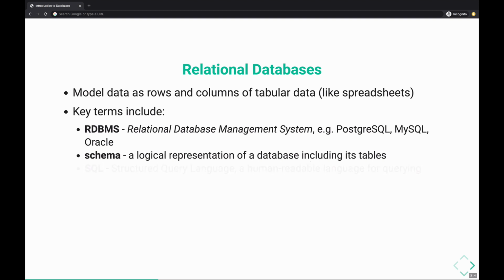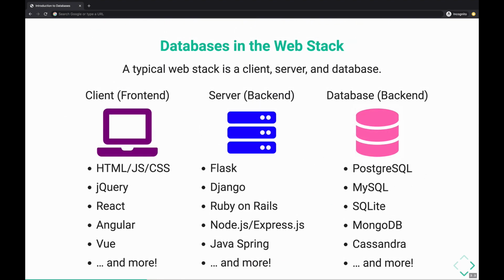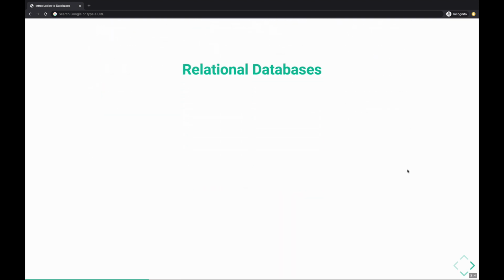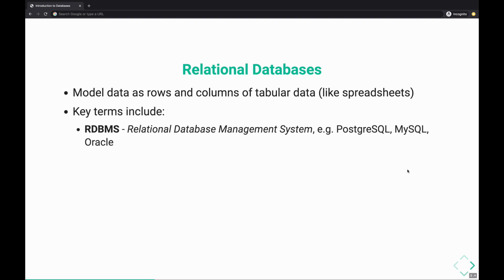And the good news, if we use a relational database at least, like Postgres, MySQL, SQLite, these all are relational databases and they all use and understand SQL. Now there are some slight differences, but 99% of the syntax will be exactly the same. So if you do learn Postgres, which we are, you can easily jump to MySQL if needed. There is a SQL standard, it's its own standalone thing, and different relational databases implement that standard.